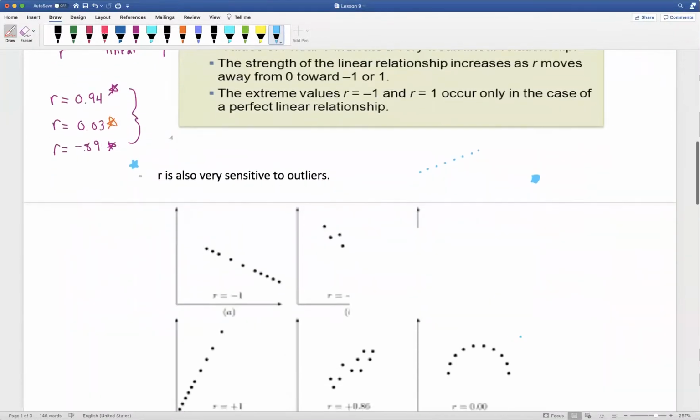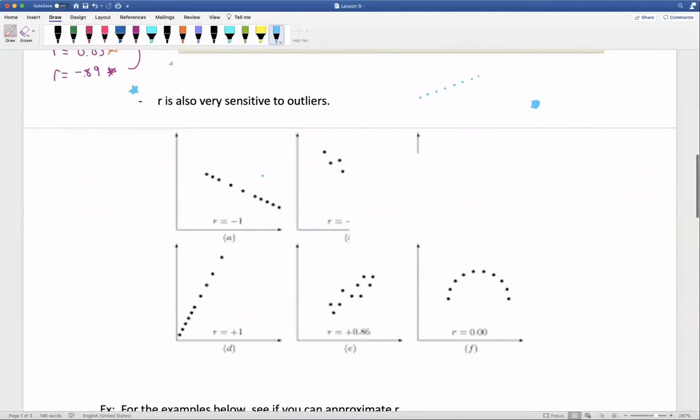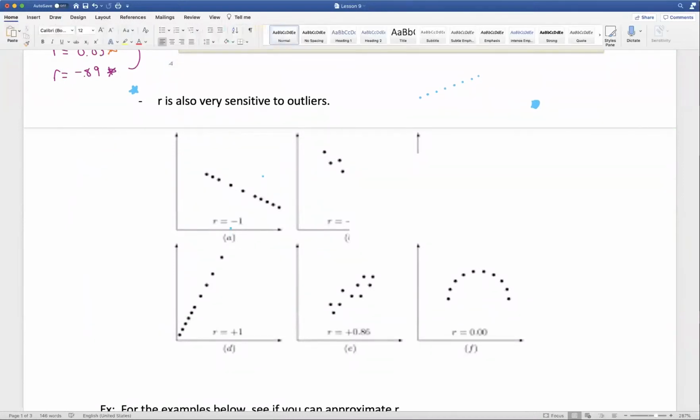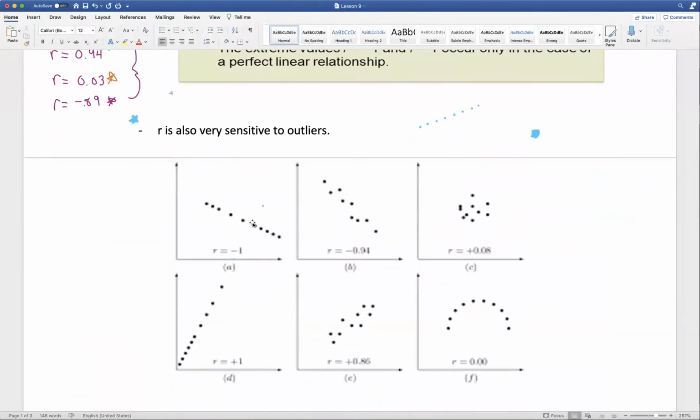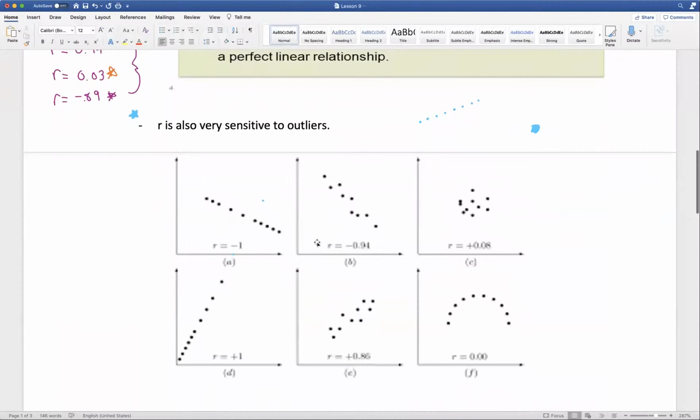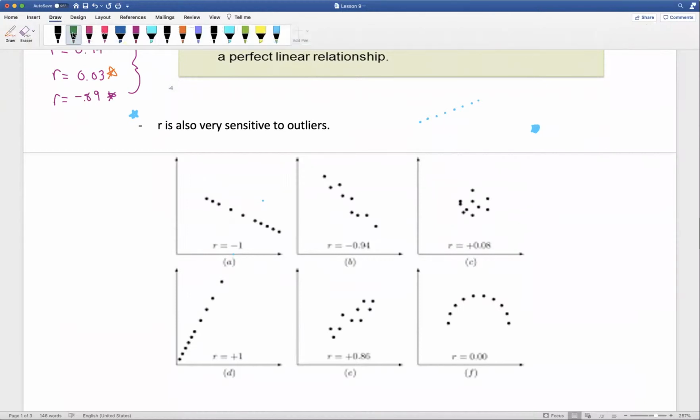All right, so this is the part I think where most people really start understanding exactly what it is that we're talking about here. Now, what I did for you is I pulled up a bunch of pictures because I really wanted you to understand these different values for R and how they work and how they operate. And let's take a look at this first example here. Now, one thing you should notice is that anytime you have a negative R,